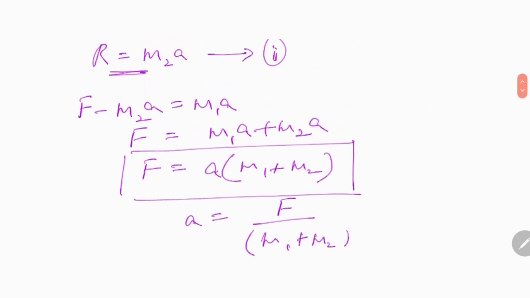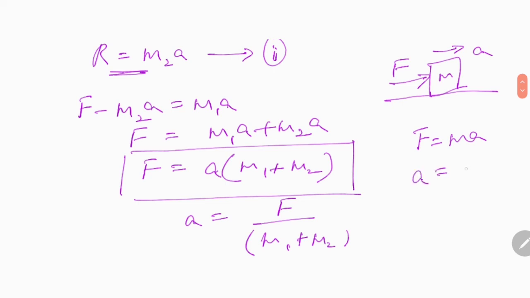So very straightforward. If I have to give you another example, if I just take a single body of mass m, and we are applying a force F here, and this is moving forward with an acceleration of a, what happens? And there is no resisting force, obviously F will be equal to ma. We learnt it in our Newtonian mechanics in our earlier class. Therefore a will be equal to F by m. Since we have a single m here, but in this case we have m1 plus m2. So it's not a very difficult concept to understand.